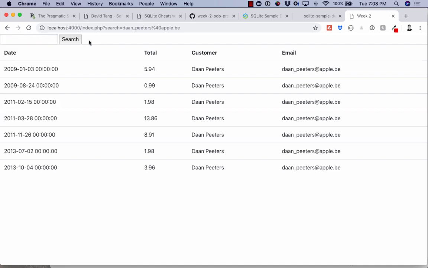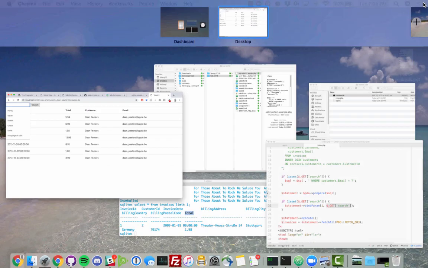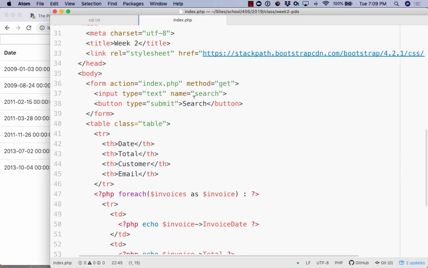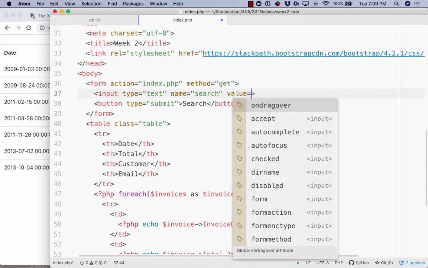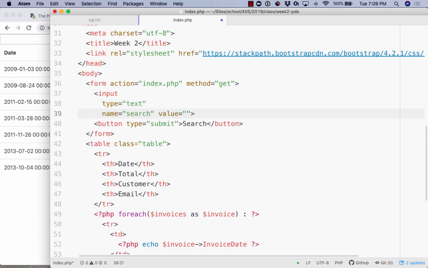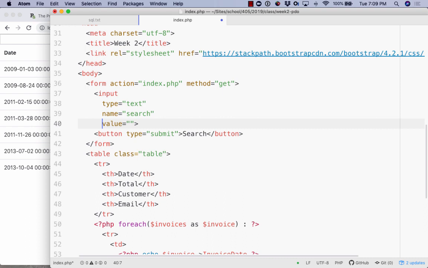Okay, so let's make this a little bit more robust. Let's pre-populate the input with the search term. So I'm going to go down to this input, and I'm going to say value is equal to, and I'm going to break this input onto a couple of lines here. So here I'm going to say PHP, and I'll say isset. So if that $_GET search has been set,